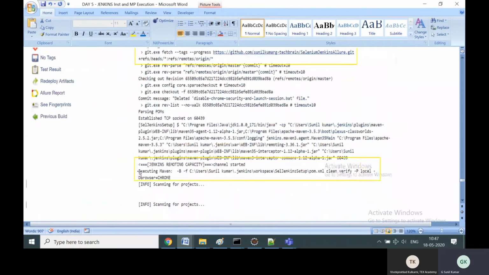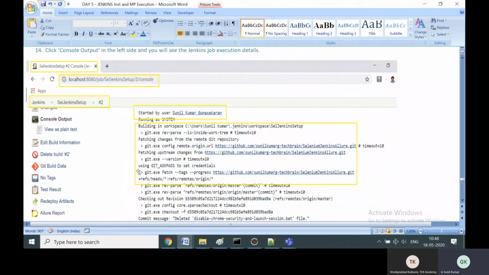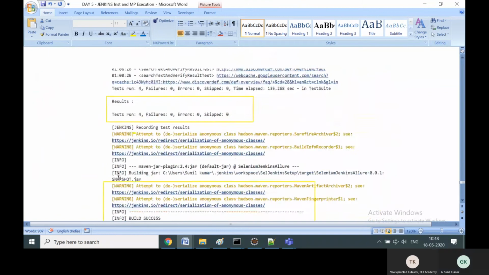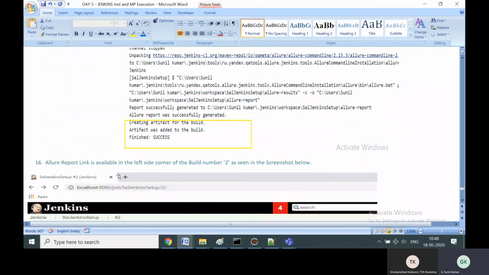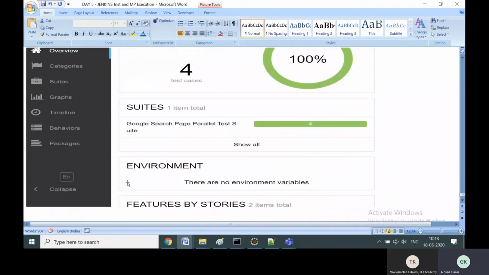So we have covered how to execute, how to set up the Jenkins job, how to set up the global tool configuration, how to set up Maven, how to set up manage plugins, and then we set up the Jenkins job configuration, and then we clicked build now, and then we viewed the earlier report. And then we also saw how to set up build auto trigger, how to enable auto trigger, and that's it guys. That's it about the Jenkins Maven project execution.